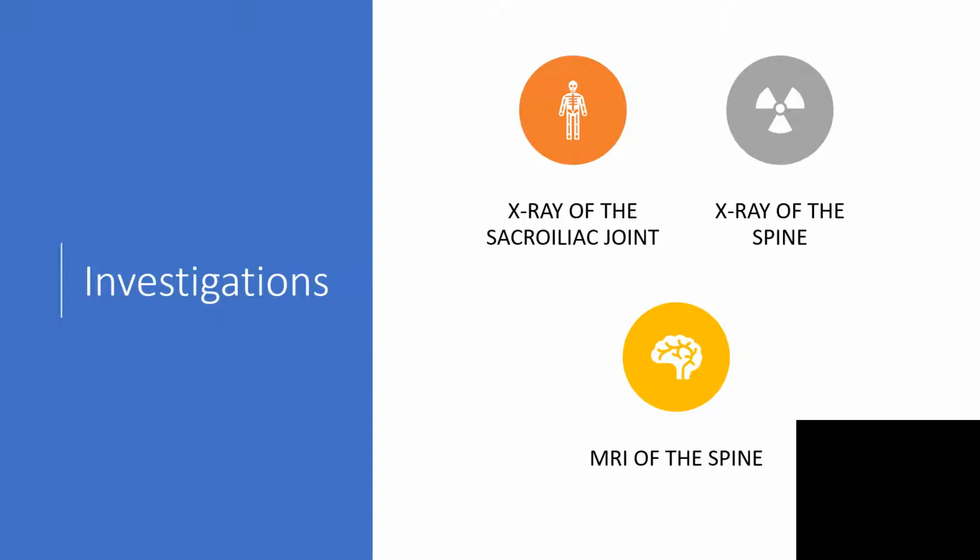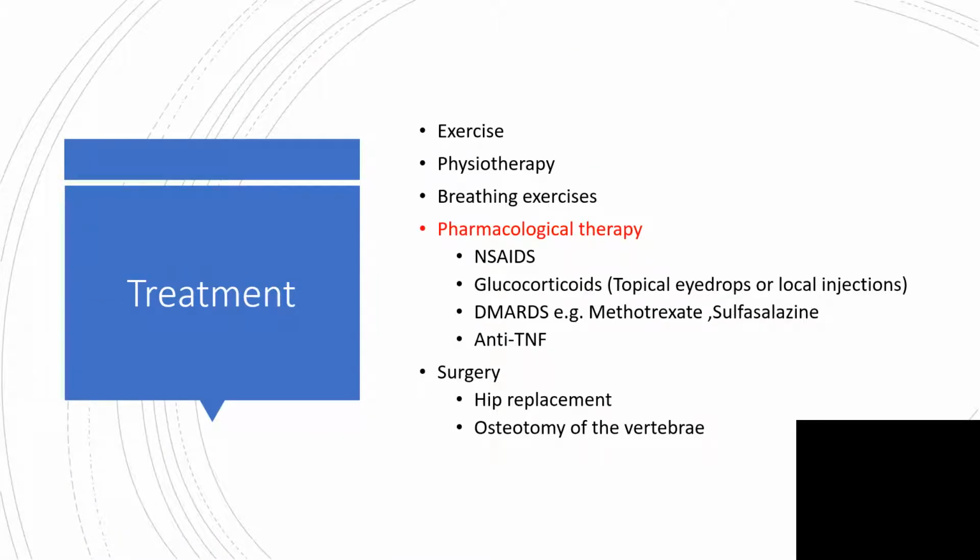The investigations will involve the X-ray of the sacroiliac joint and the X-ray of the entire spine, giving a kind of bamboo sign on X-ray. The MRI of the spine could be done at the centers where that is readily available. The treatment will involve exercise, physiotherapy, breathing exercises because the lungs are not spared, and pharmacologically